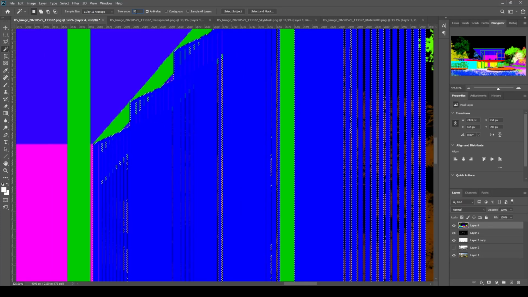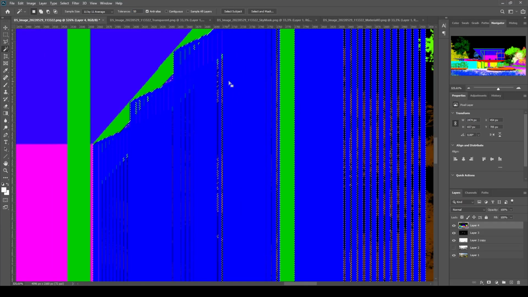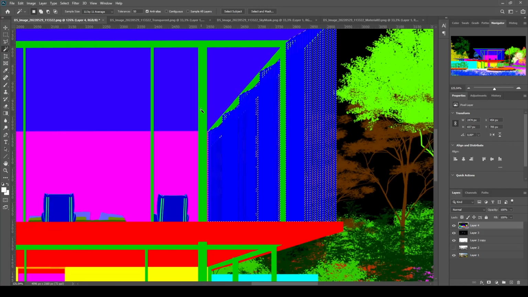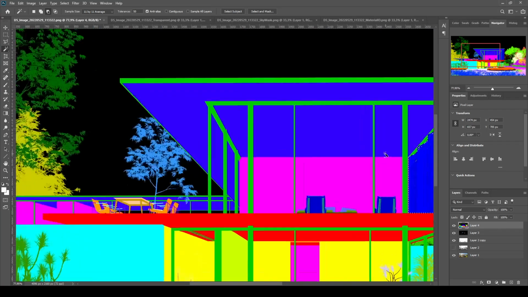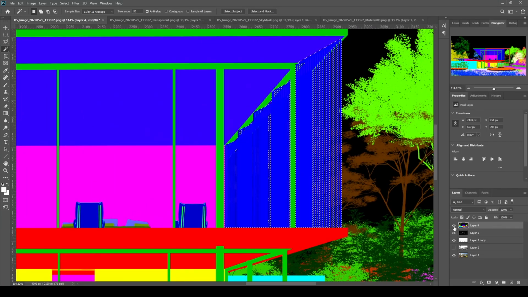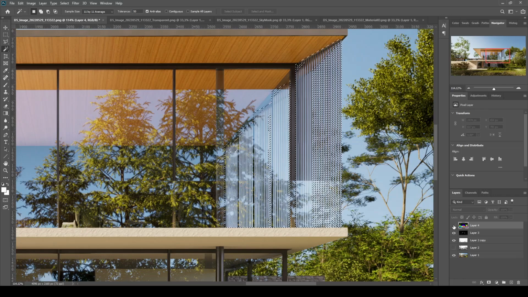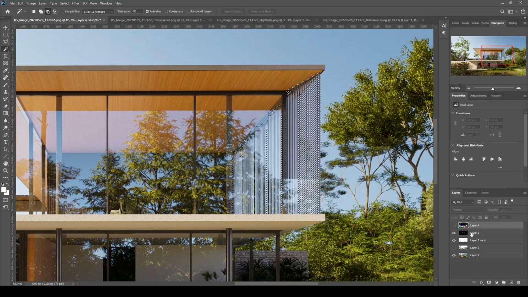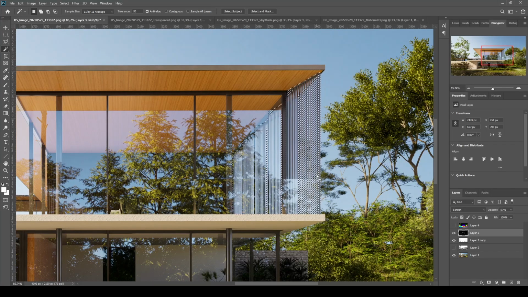This time maybe we can make it 50 and this can get the job done. And now we have a selection for the mask. I just click to turn it off and go to the reflection layer and click the mask.